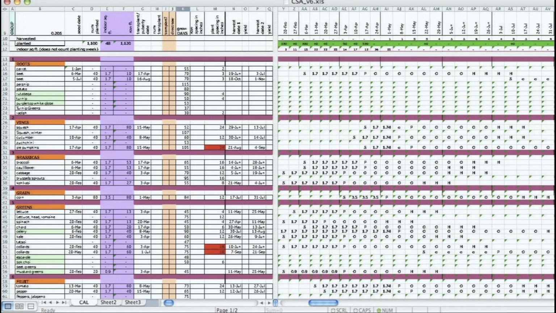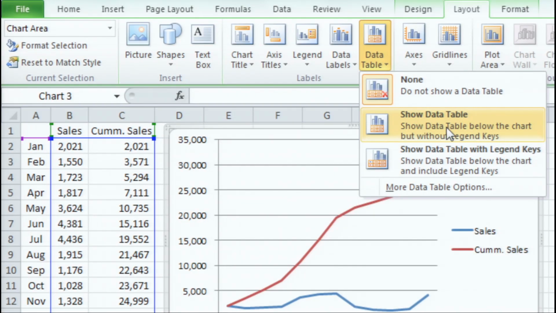You got to copy it all over. You got to put it into a new spreadsheet. And then you got to select all the cells. And this process just takes forever. It's wasting a lot of your time. And really, all of this is work that you should not have to do.